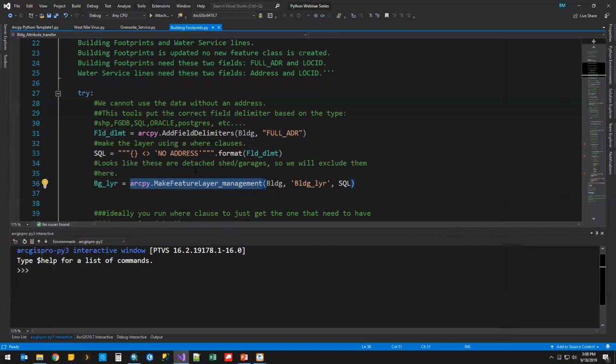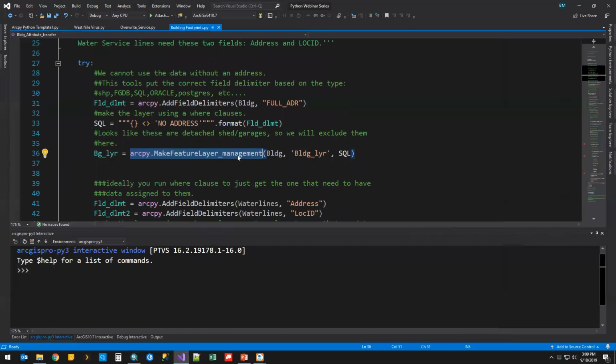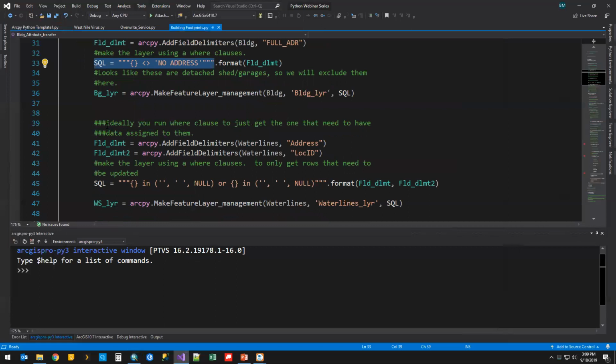So I'm going to do some selection by locations. I can't do that unless it's a layer. So at this point, I'm not changing the data, I'm just getting a subset of it. So I'm saying, give me everything that's not a no address, because all the no addresses to me look like they were detached garages. So we're just going to exclude them. The less data, the better. And then in this case,